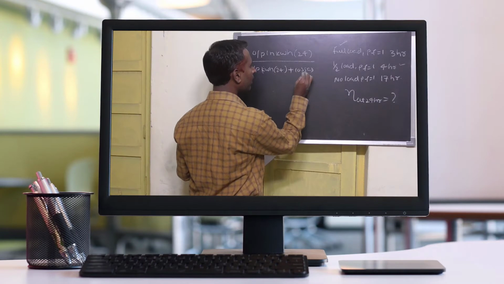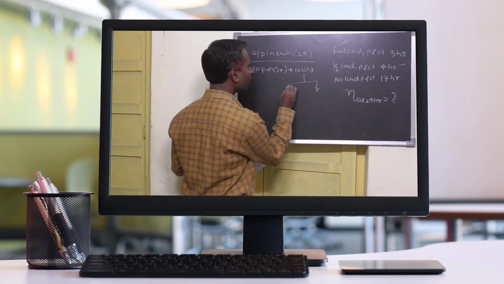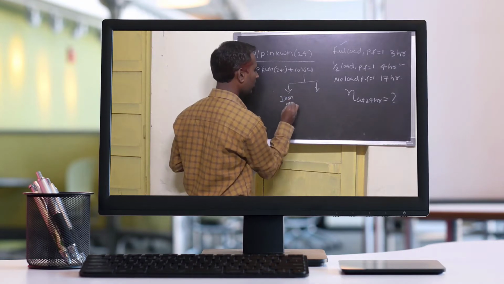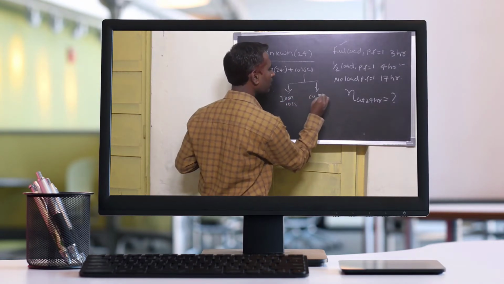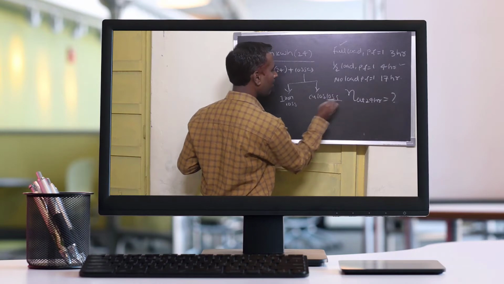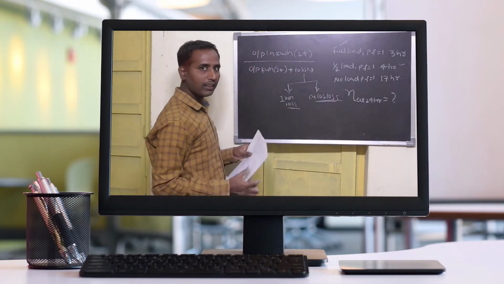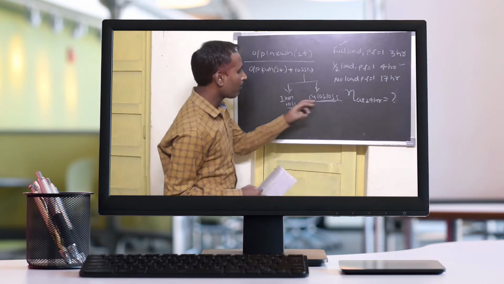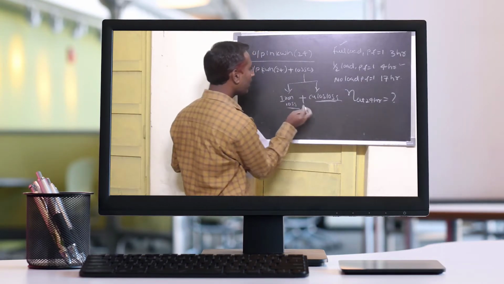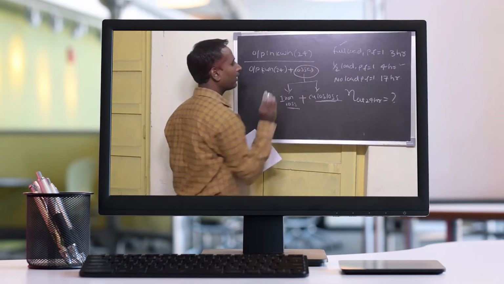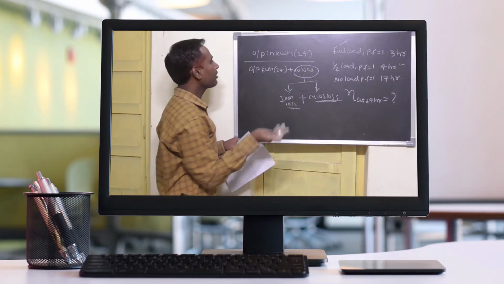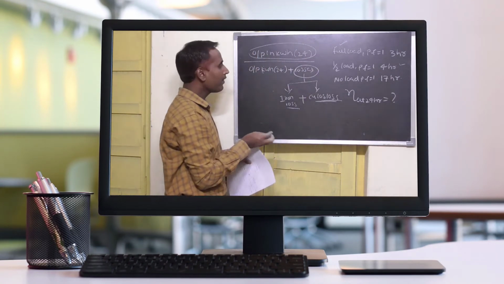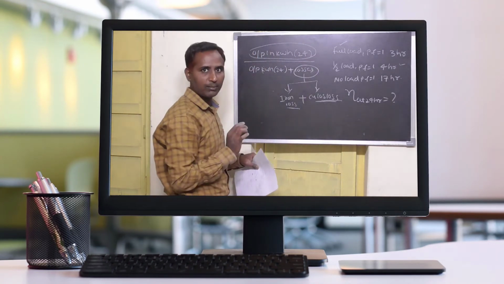Okay, so here losses means there are two types of losses. We know iron loss, then copper loss. So first we found the iron loss, then we found the copper loss. We add together and put it in the losses category. Next we will find out the output in kilowatt hour, so we put it in the formula.